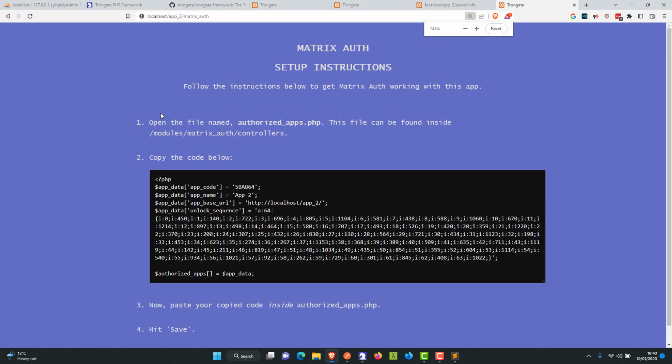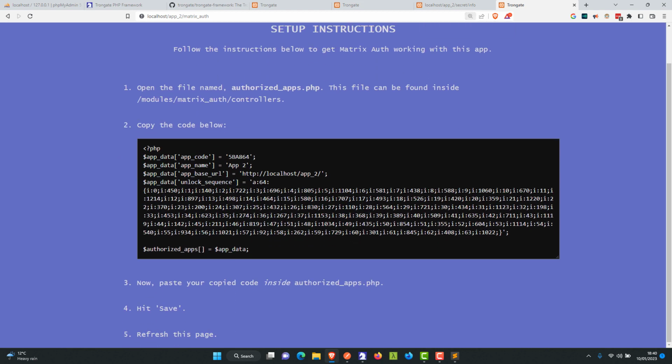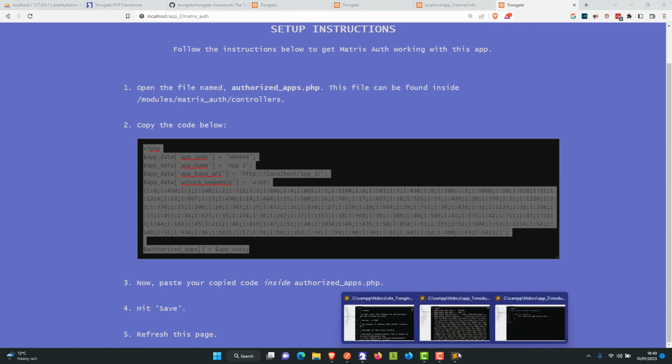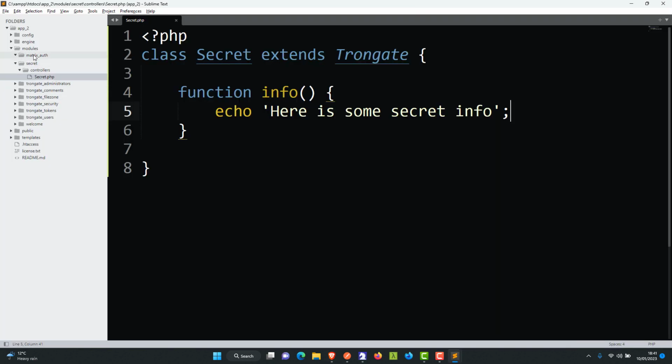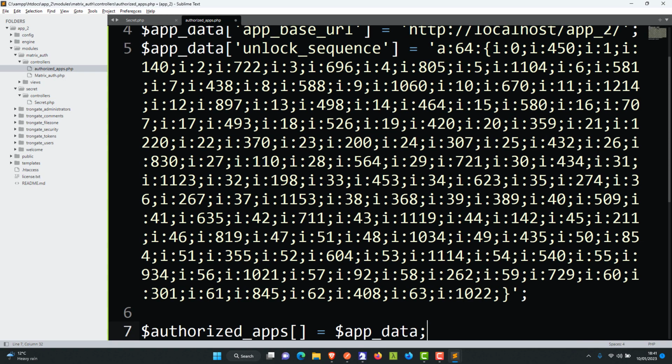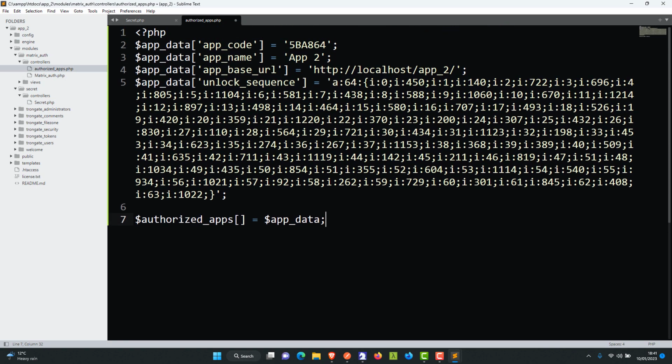Okay. And you can see it's the same story. So I'm going to copy this code. We're now in the second app, remember? And we're going into Matrix Auth, authorized apps, pasting into the second app, and we're going to hit save. Now,